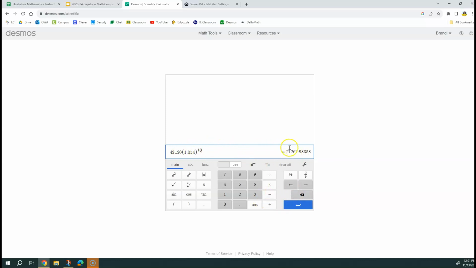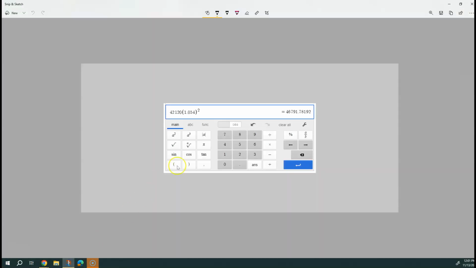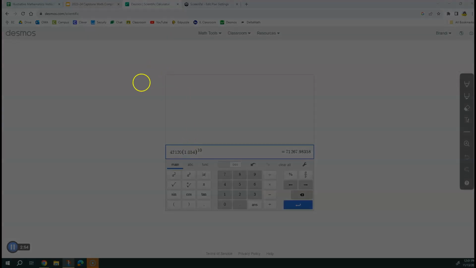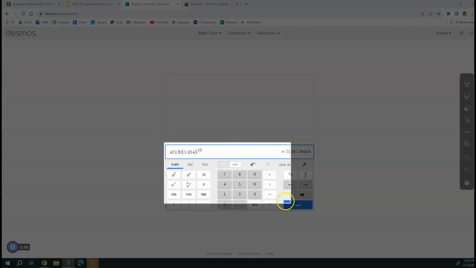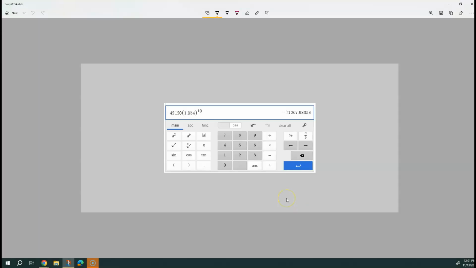So after 10 years, cost of living is approximately $71,267.98 per year. So grab a screenshot of just this piece, copy,